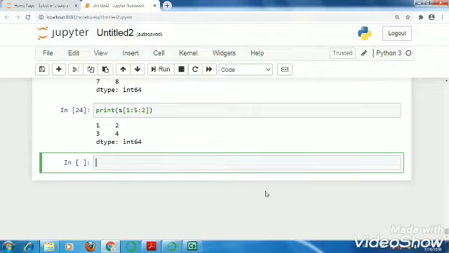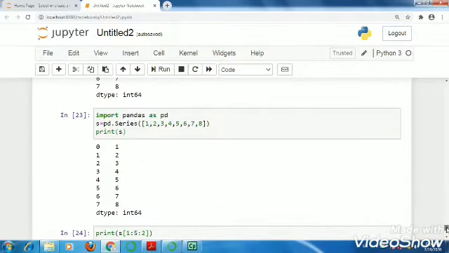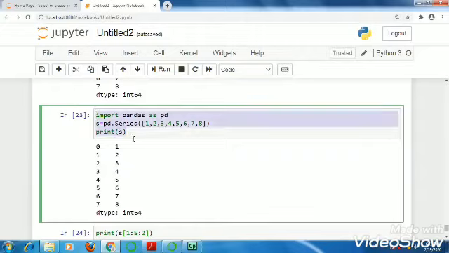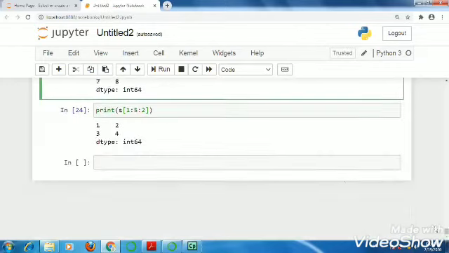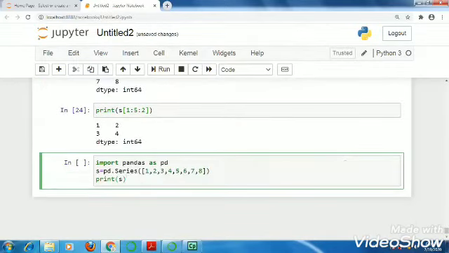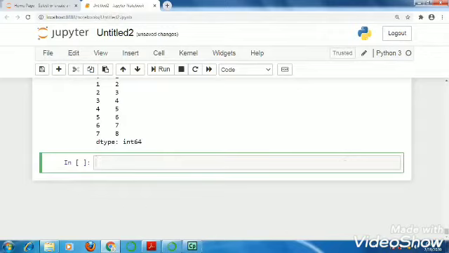Jupyter notebook. First I am going to create a series. Here s is the series and our series is ready, and it contains indexes 0 to 7 and data 1 to 8. So if we use the drop function, how do we write it? Simply s.drop.